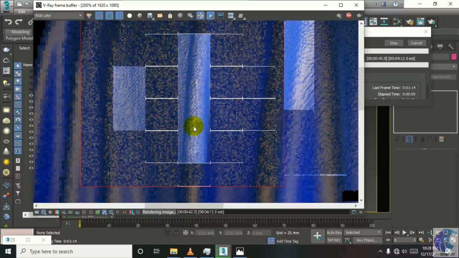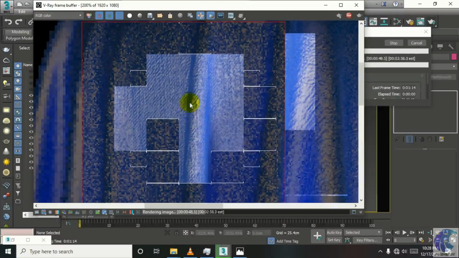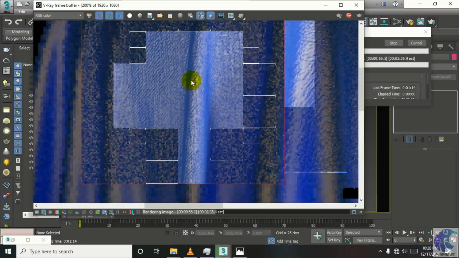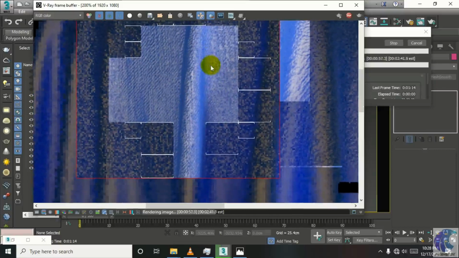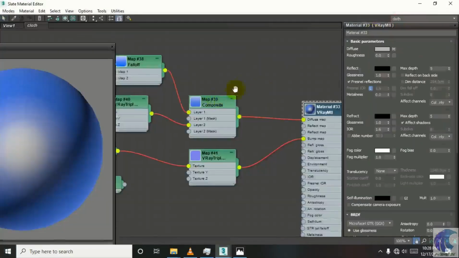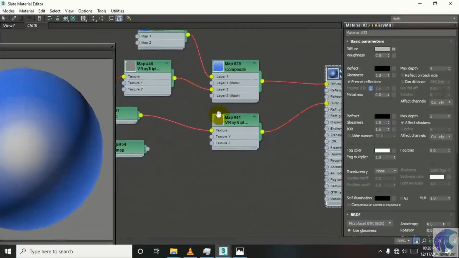Look at this, it's fair enough. I was not expecting this, but now we just have to tweak our values in normal map. Look at this, wow. By just decreasing its value in normal map we can get a very good result, but